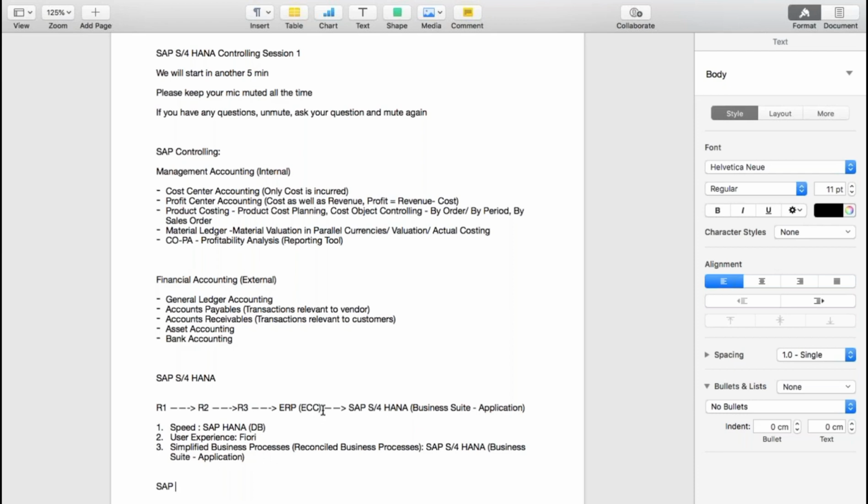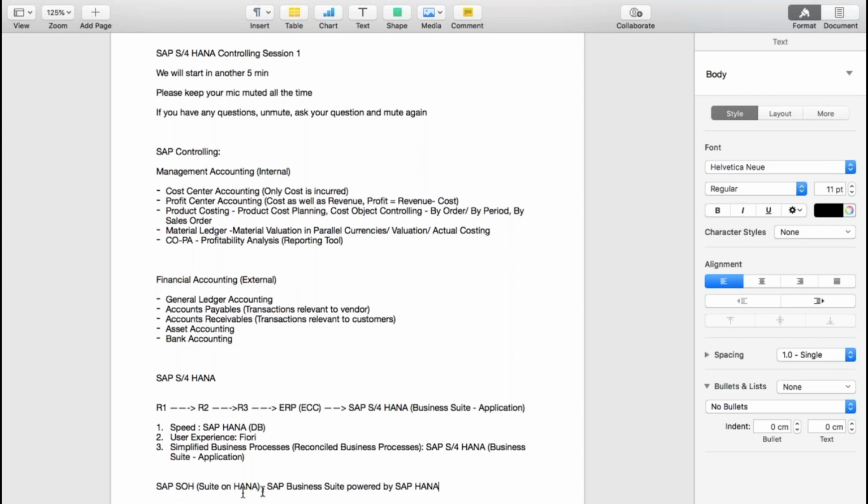If I am using SAP ECC along with the HANA database, any idea what would be the name of that product? No, Vikram. It is called SAP SoH, Suite on HANA. Or it can also be called SAP Business Suite powered by SAP HANA.